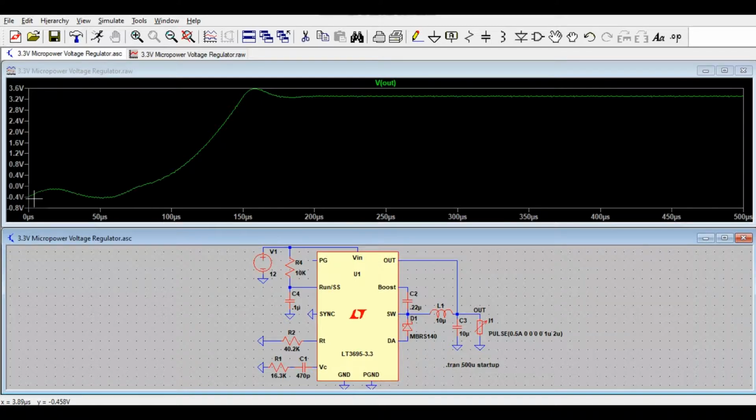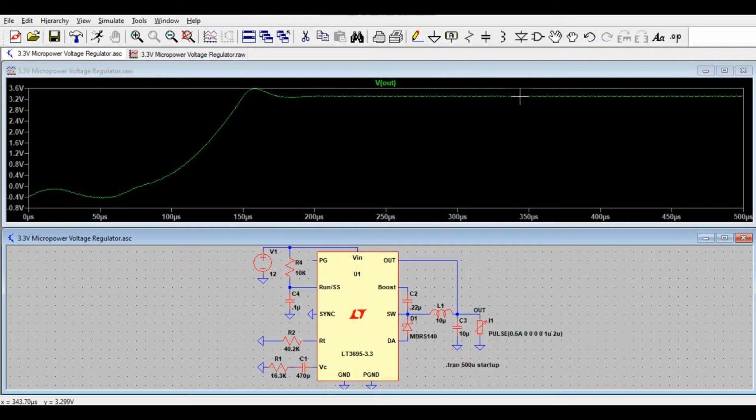Initially the output was minus 0.54, then it ramps up, then it goes down again and ramps up here, and finally it reached 3.6 volt, then again it came down, and at this point of time, after taking 200 microsecond of transient time, the output stabilized here.